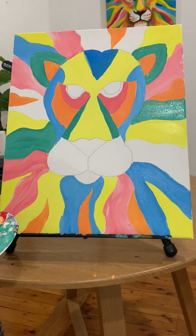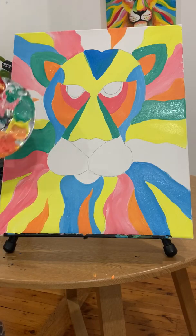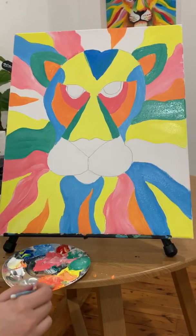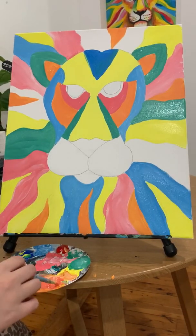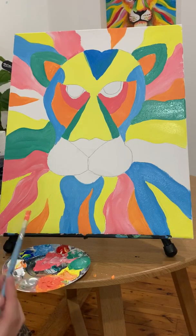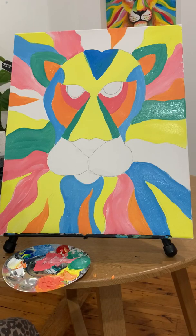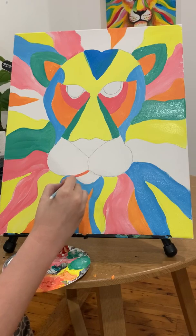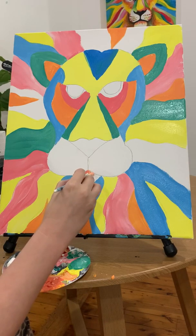I do like this colour, but I am going to use this colour somewhere else. So let's keep that colour. And I'm going to show you where we're going to use this colour. So I've mixed up a bit of a reddy orangey colour, which is what I wanted to do before, but I wanted that sort of for the cheeks. But because I've already mixed it up, we might as well just use it now, and I'll go back to those colours. So this orangey pinky colour, we are actually going to use here. So let's just